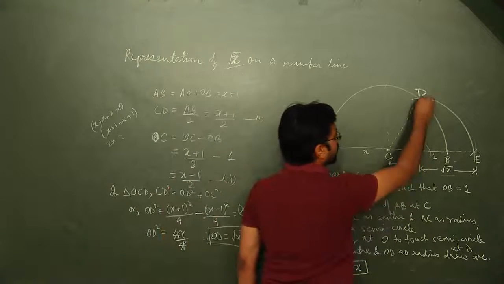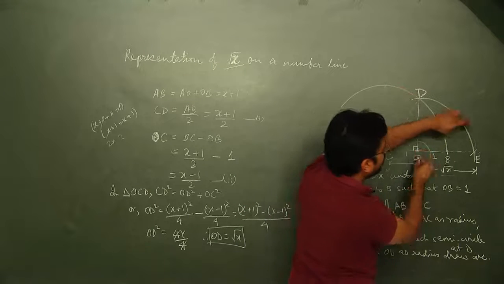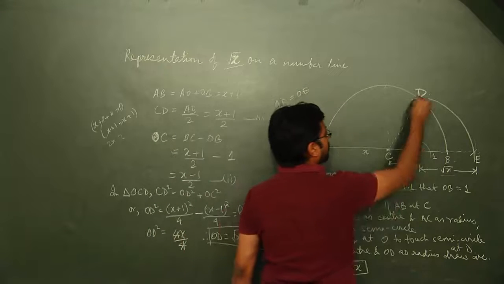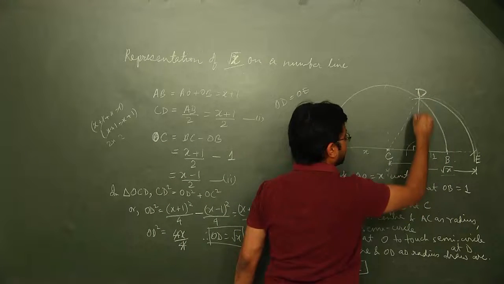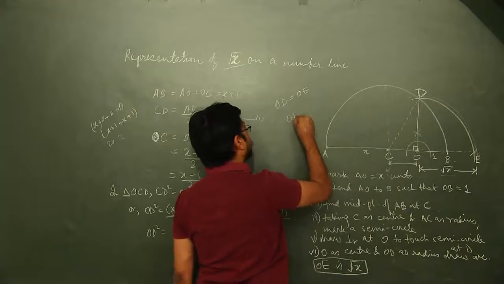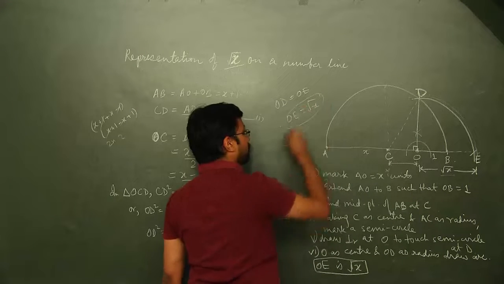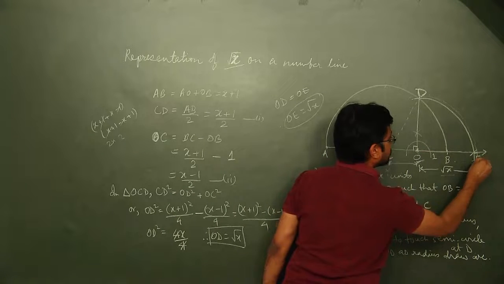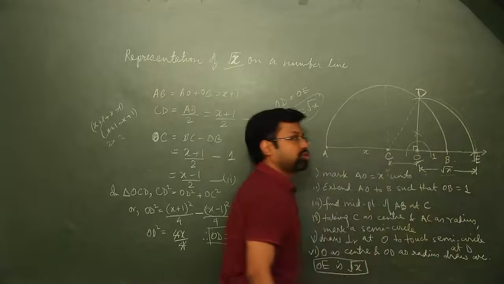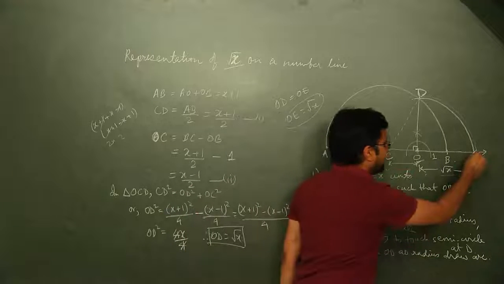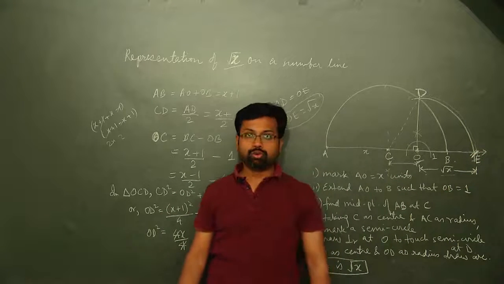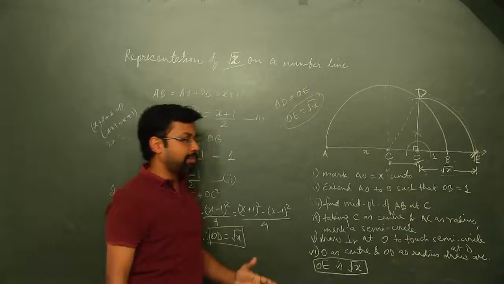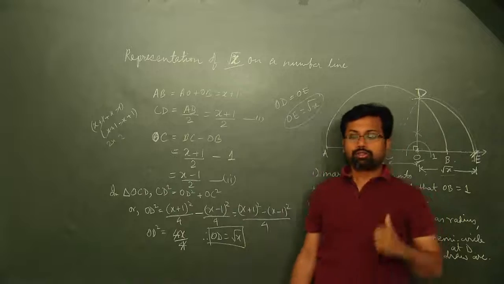If OD is root x, if you take this as the radius and you draw, then OD is equal to OE, as they both are radius, or they are both equal because the same radius is taken. So OD is equal to OE. Therefore OE turns out to be root x, and this is what we had to mark out. So O is the origin, and the point E here on this number line is going to represent, OE is going to represent the distance root x. So if O is the origin, E is the point that represents the point root x. So this is a general method that you use for representing any number of the form root x on a number line. So you must remember this method.